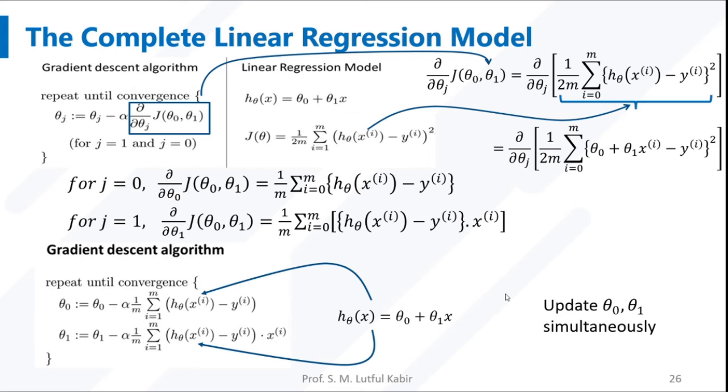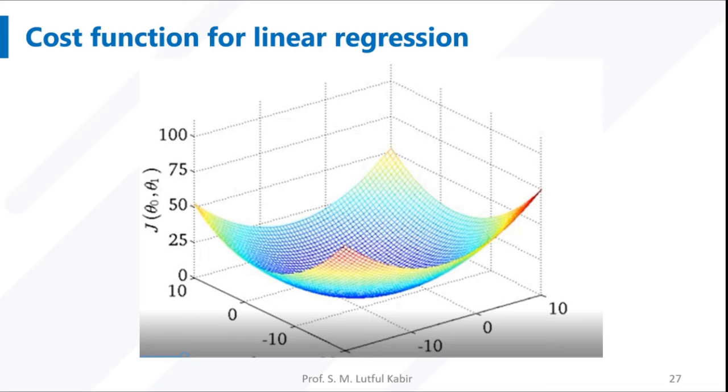So you have to make use of that knowledge to make the simultaneous update for our model. This is a diagram for the cost function for linear regression, and this is a convex, bowl-shaped function. You see the bottom of the surface is the minimum point, and this shape is unique for linear regression. If we follow the gradient descent algorithm,